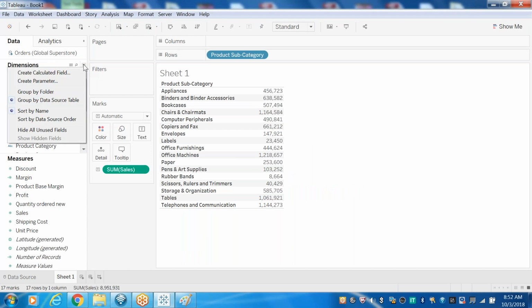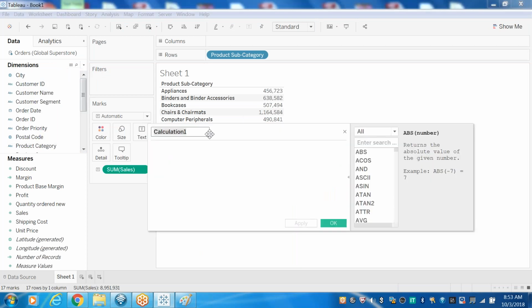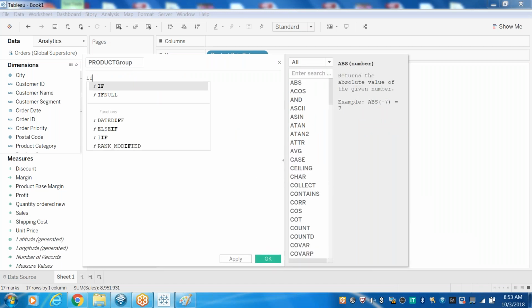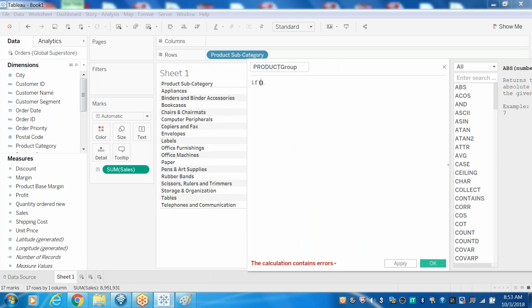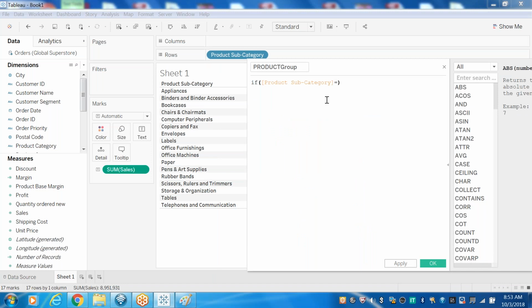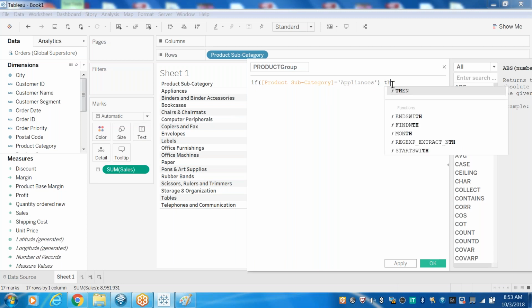So I'm trying to create a calculated field here. Okay, I'm just naming this product group here. If, okay, let me look at these products also one by one. If product subcategory equal to appliances, then